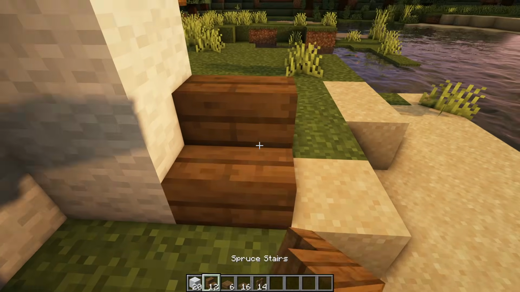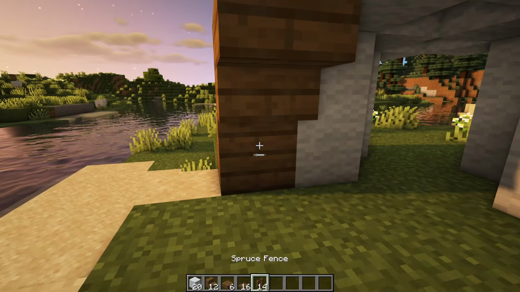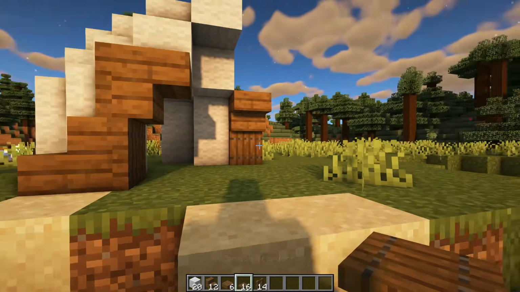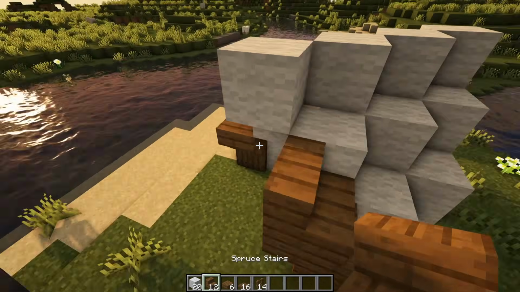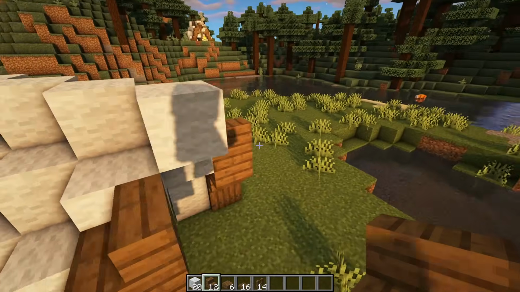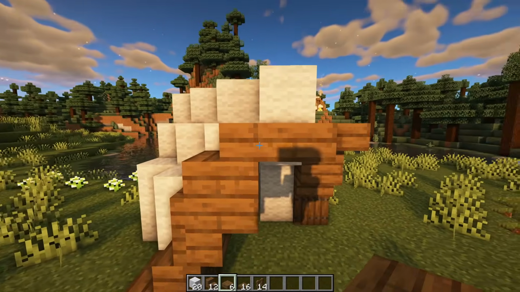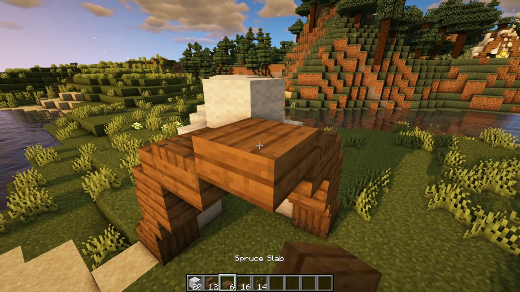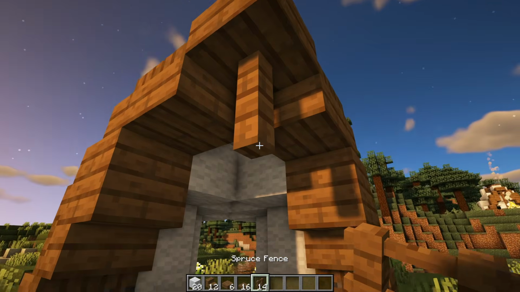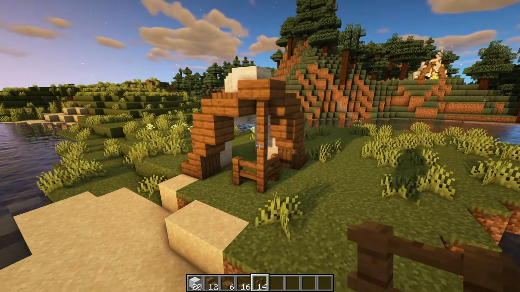We can do the same over here, so stair, trapdoor and flick upwards, upside down stair with another trapdoor just below, pretty similar to the other tent at the moment, and we're going to continue that by placing a stair on top. And now is where it gets a little bit different, so we're going to have a slab on the top part of that stair there with a trapdoor on top of that, with a slab in the middle, and then we can bring our fences down by 3 with 2 either side, just like that,